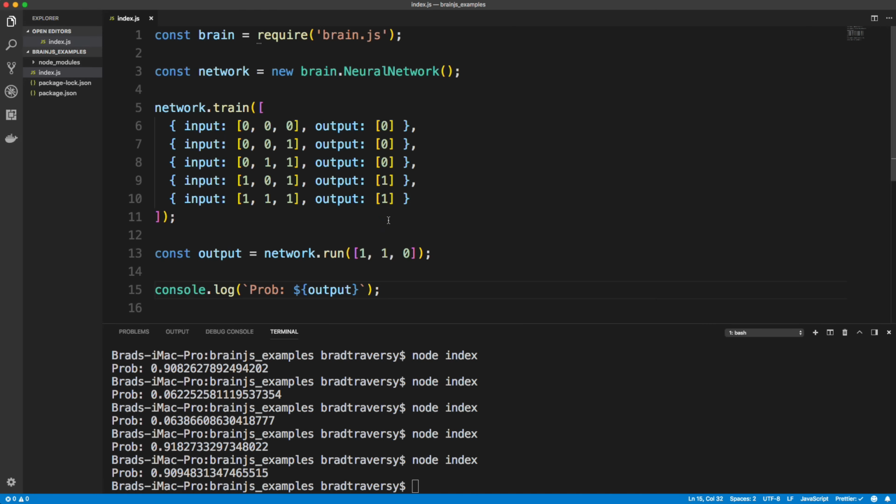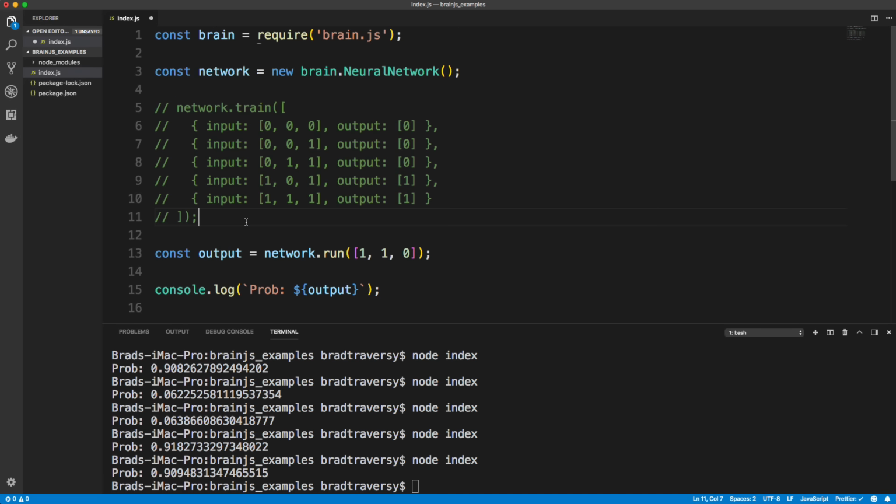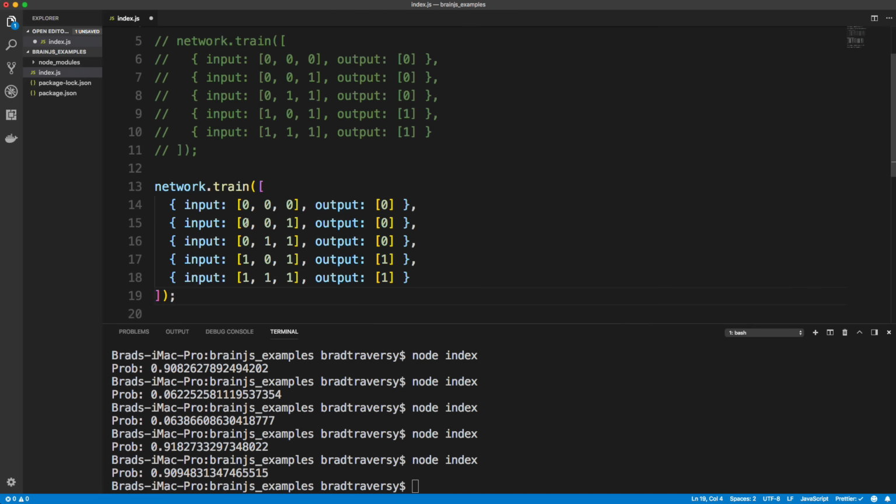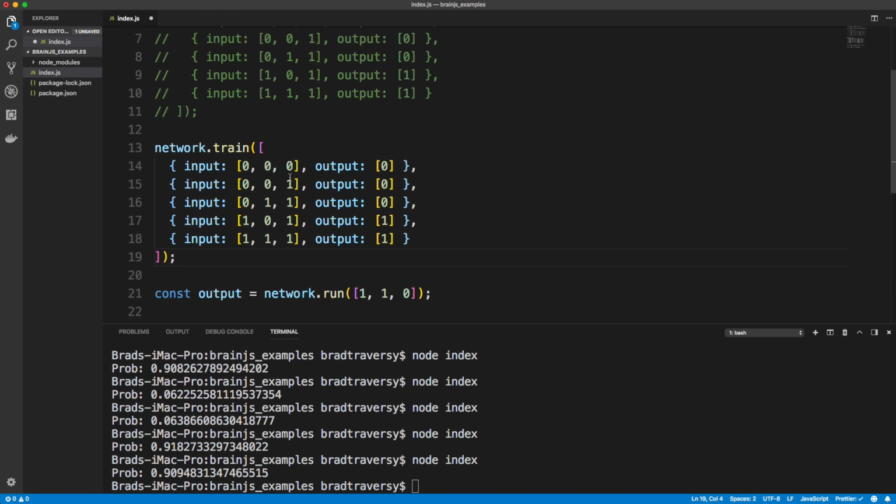And I know this is a pretty useless example. I mean, it's not real world data or anything like that, but I just want to kind of show you how it works. So let's kind of do the same thing, sort of, but with more context to it. That makes more sense. So I'm going to just comment that out and paste this in,